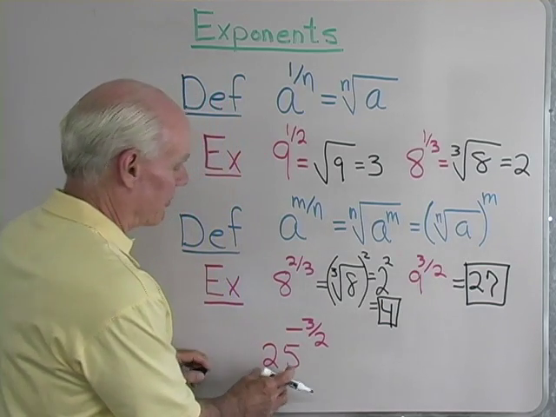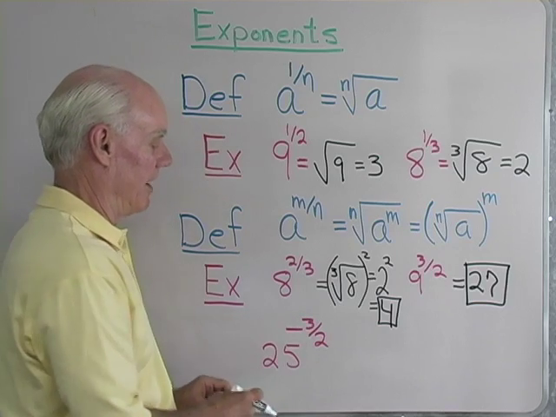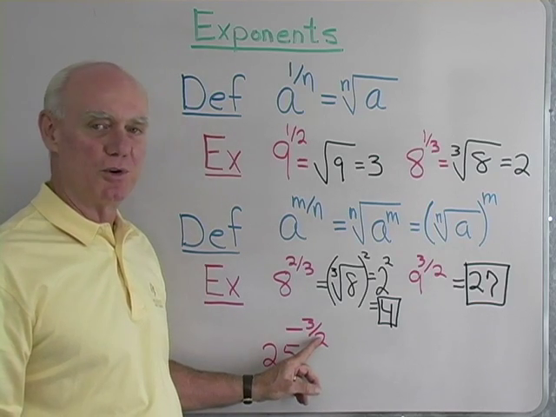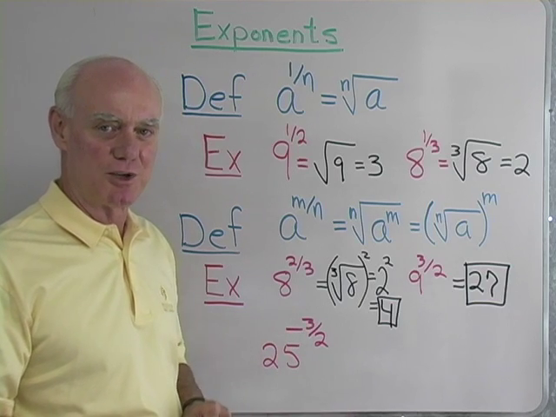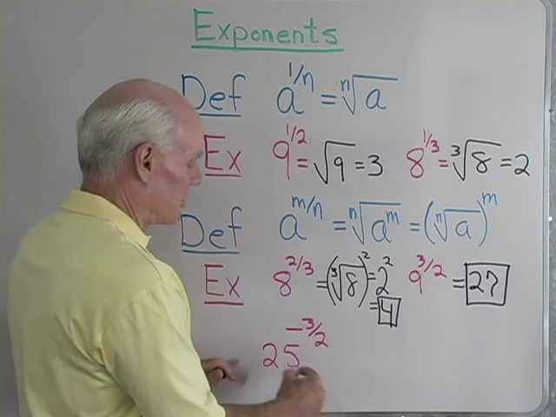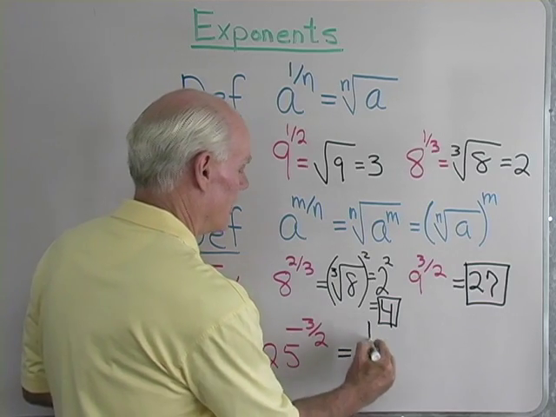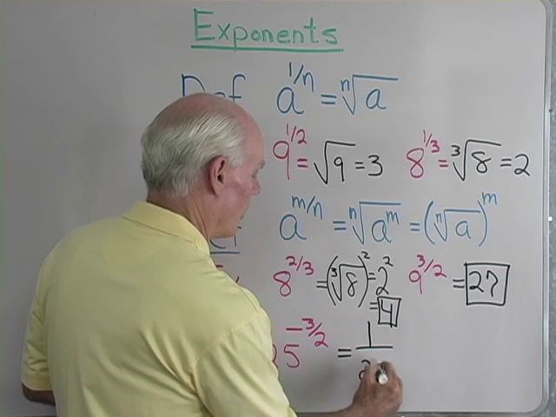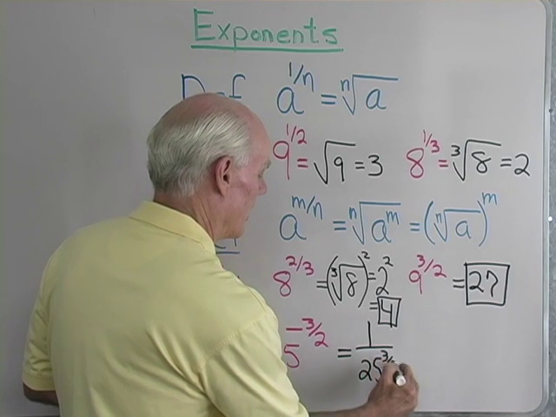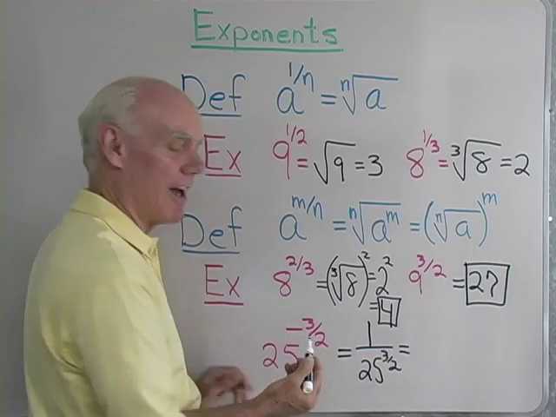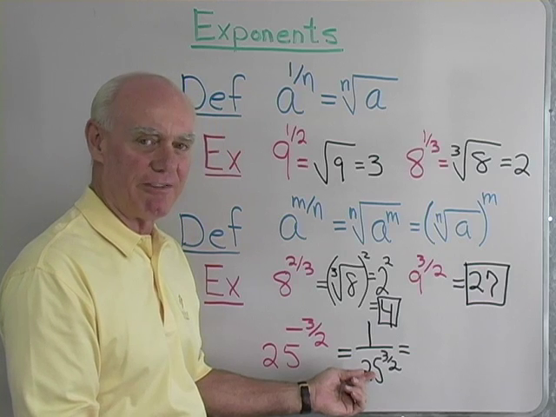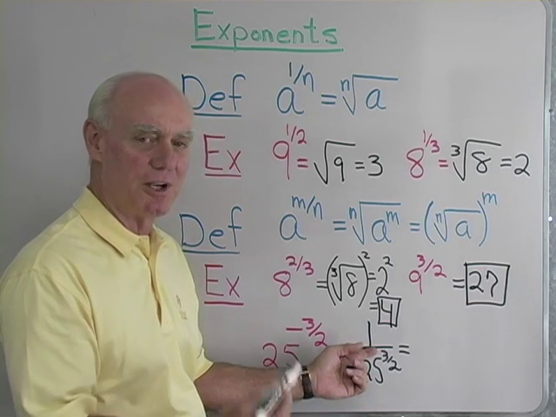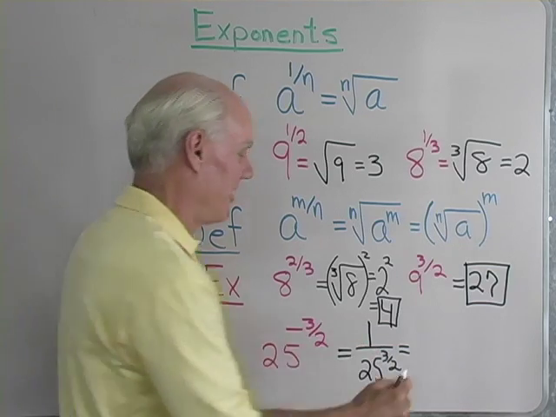All right, what about if I have 25 to the negative 3/2? Well, 2 is the root, 3 is the power, and the negative sign, remember, stands for the reciprocal. So if I was to write this out, I would say, well, this is 1 over 25 to the 3/2. I could take care of that negative sign first. Then the second root of 25 is 5. Cubed is going to be 5 times 5 times 5, or